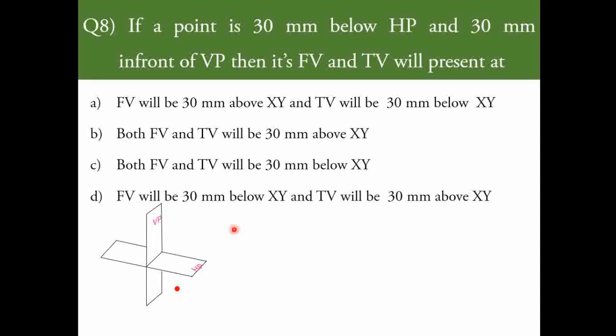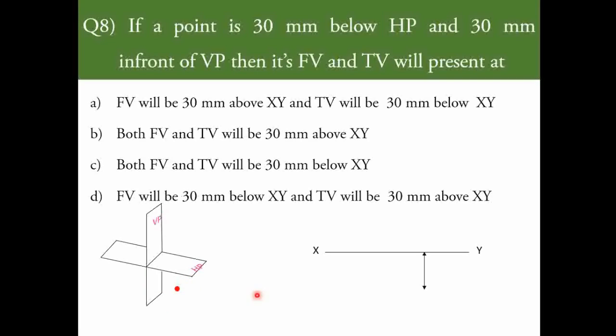Okay, once again we will take the reference of that for better understanding. This is the representation of the four quadrants, and suppose we consider the point here as per the condition, below HP 30 mm and in front of VP, that is the fourth quadrant. When we create its front view and top view, the front view will be created on VP and top view will be created on the HP, and as per the rule we have to rotate the horizontal plane, and both the views will come towards the below side of the reference line.